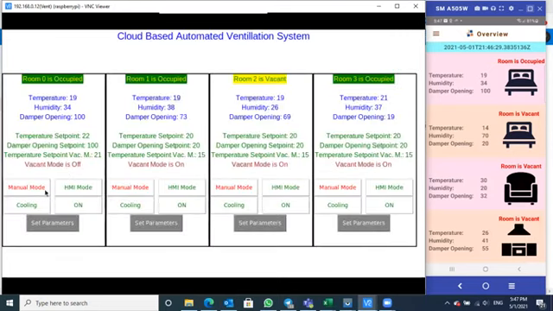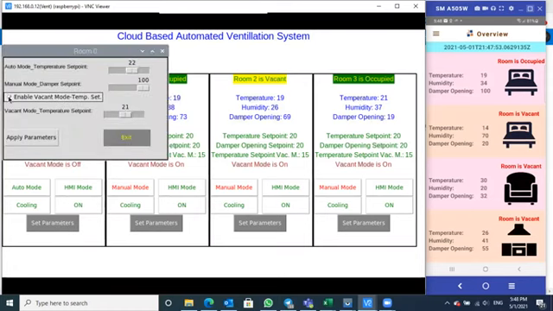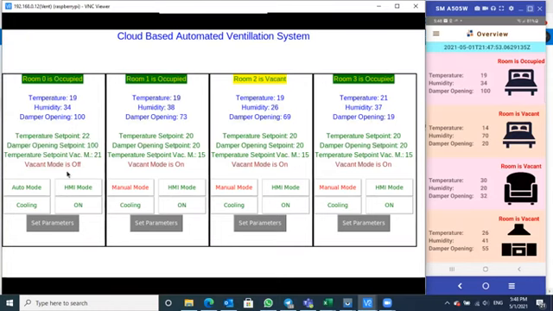If the vacant mode is off, it means the temperature set point for vacant mode is not seen, and the room is controlled only by the first temperature set point, and the vacant mode is not enabled. To enable the vacant mode, we can go to set parameters here, enable it from here and apply it,